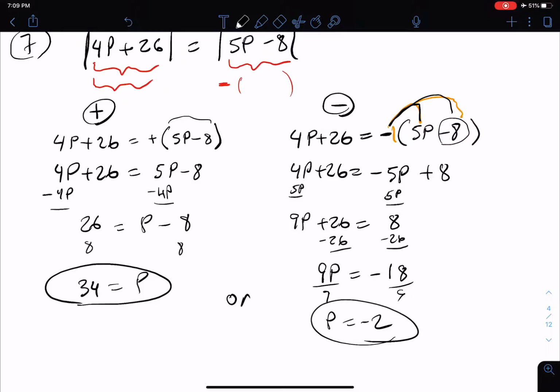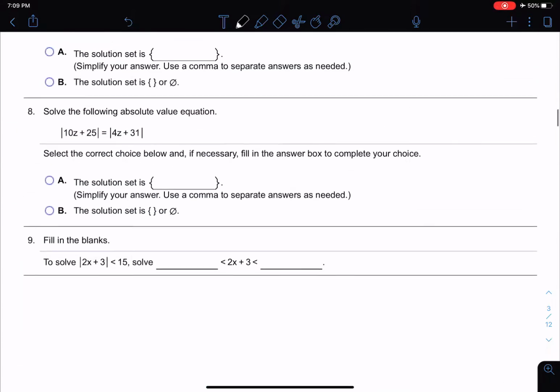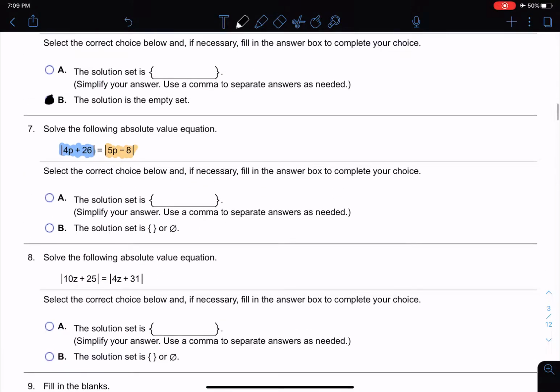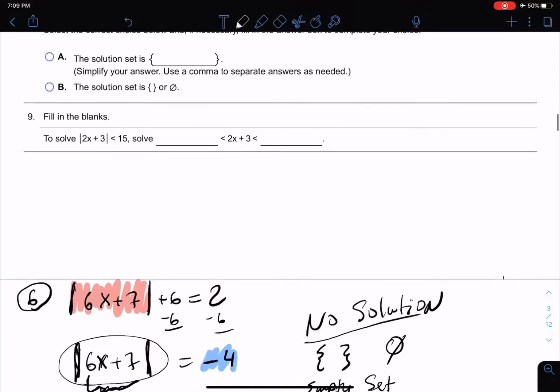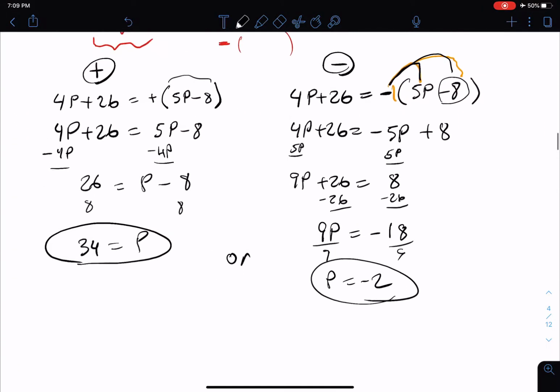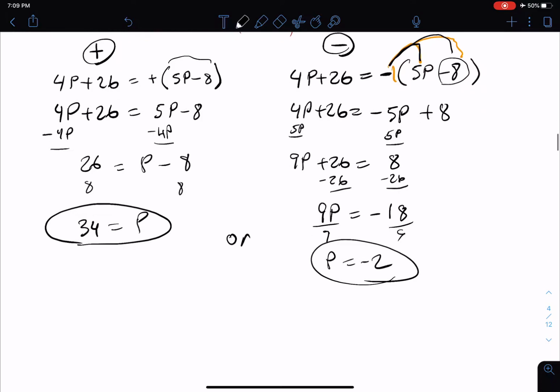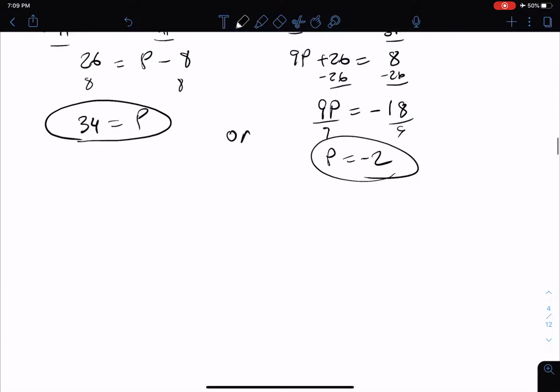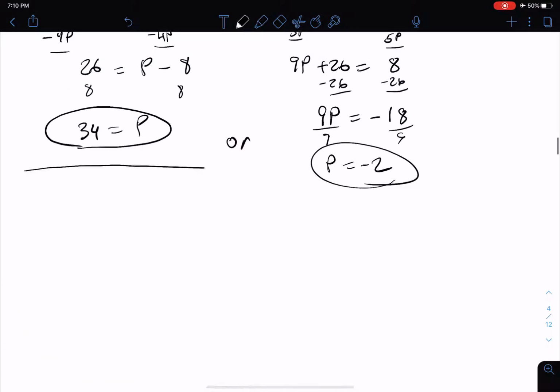So let's go up to number 7 and fill it out. Number 7, the solution is negative 2, 34. I just feel satisfied by filling the bubble. Number 8, how much space do I have? Ooh, I kind of went a little bit too aggressive on the sizing of that one, but this is number